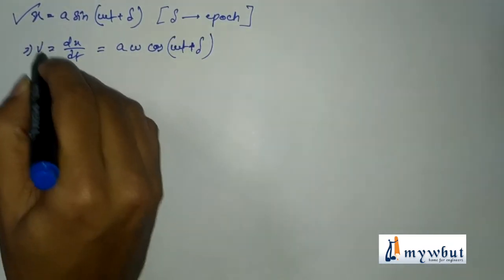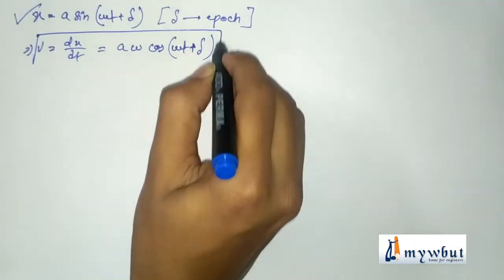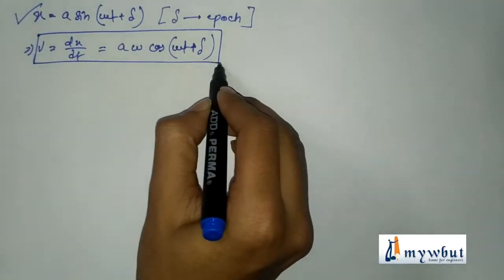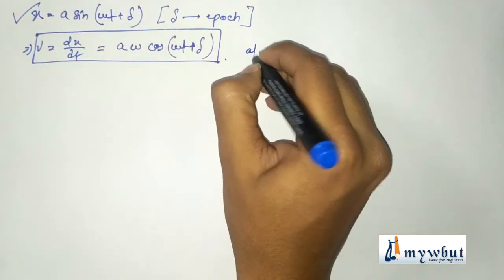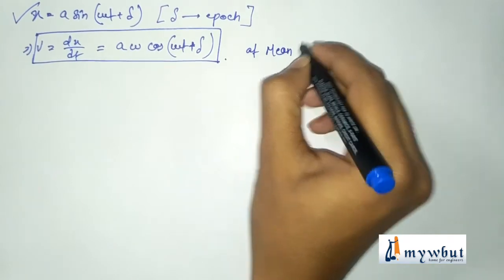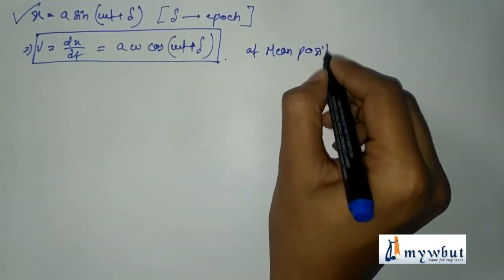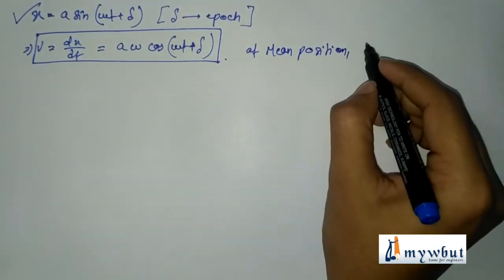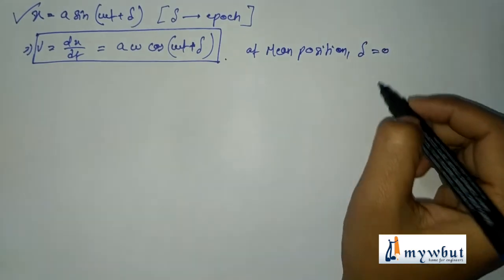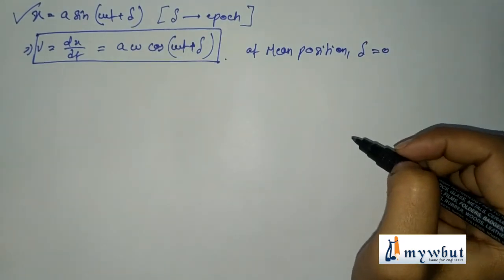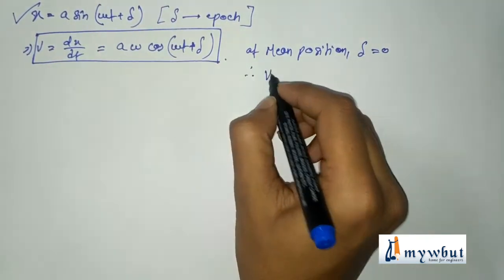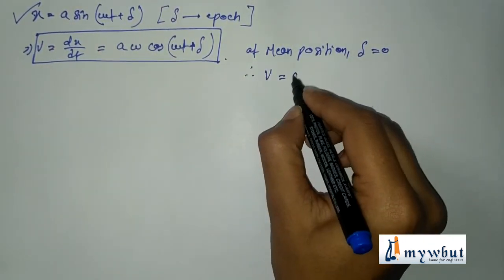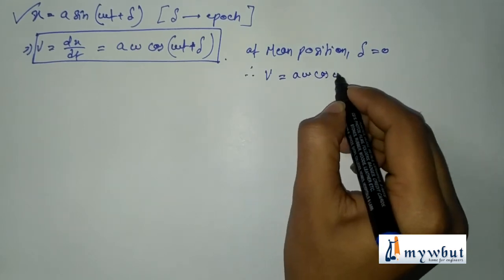So this is the equation for velocity of an SHM. When the particle is at its mean position, delta will be equal to 0. The initial phase will be equal to 0. Therefore, v equals A omega cos omega t only,